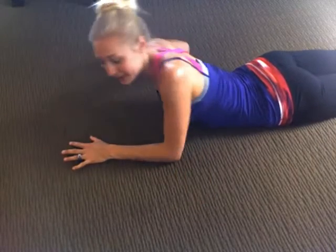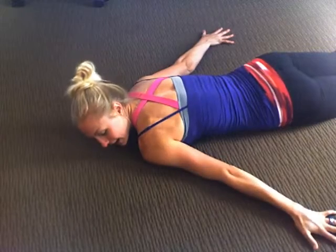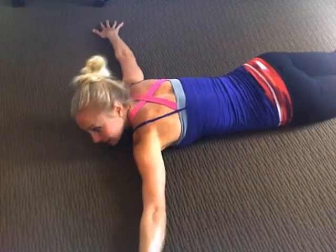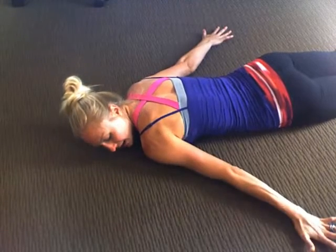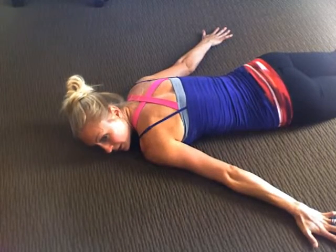Right, here's the shoulder series, starting with ATYs. This is your letter A, this is your letter T, this is your letter Y. Starting with letter A on the right side, we want to make sure that right palm is completely flat into